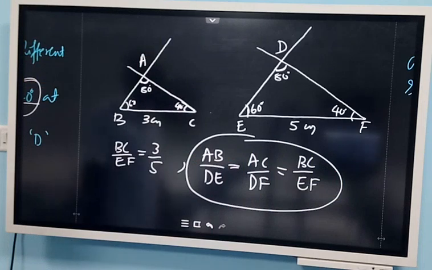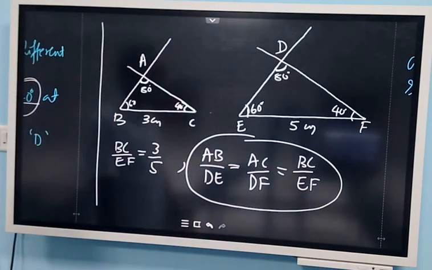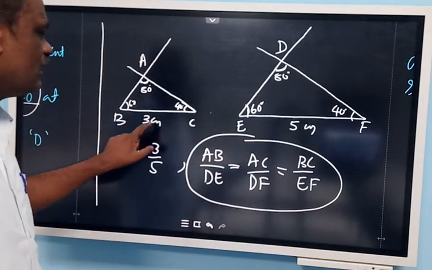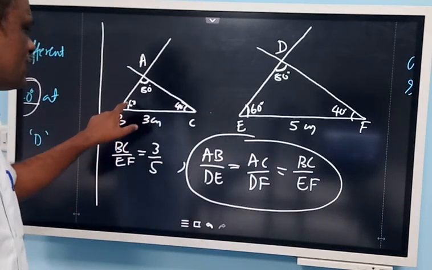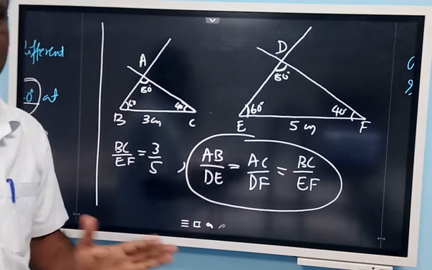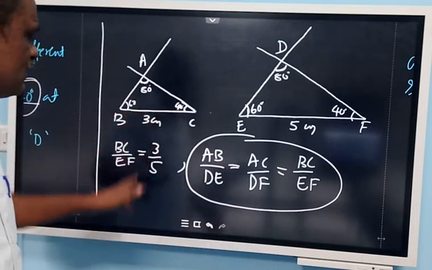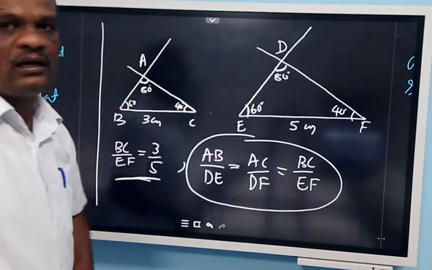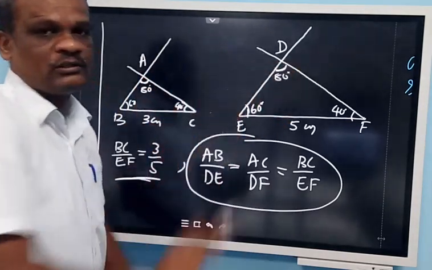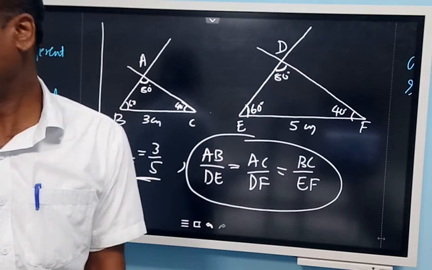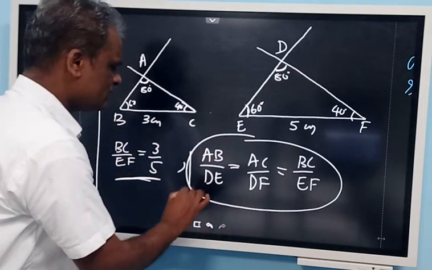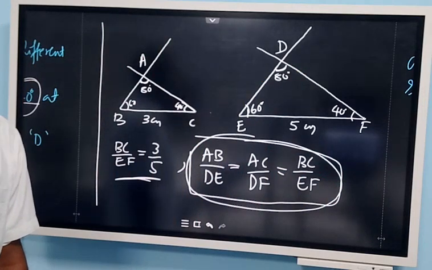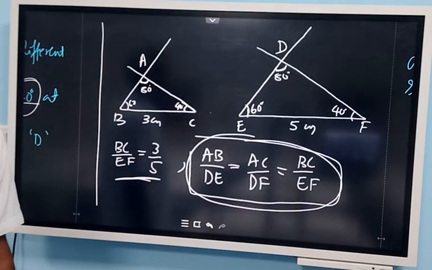You can do it as an activity. Using the instrument box, you can construct the triangles with the given data. Line segment lengths and angles are given; construct the triangles and find out the ratio of the sides. You have taken all three angles of one triangle equal to three angles of another triangle, and now you find the ratio of the three pairs of sides. Automatically the ratios will be equal.